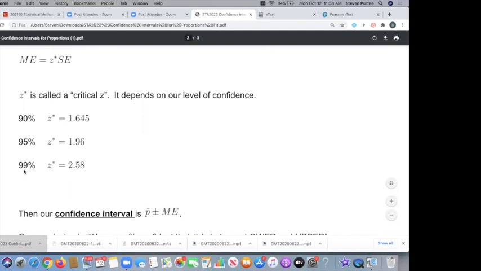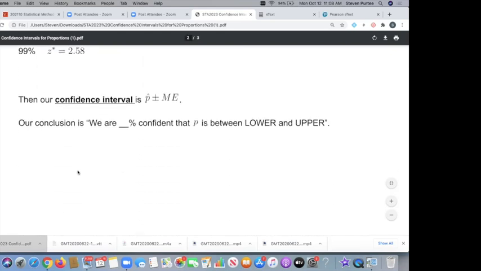We can be any percentage we want. These are just the three most common ones we use. And those have what we call these critical z-values attached to them. And then our final conclusion every single time will be something like: we are blank % confident that the true population proportion of success is between the lower number and the upper